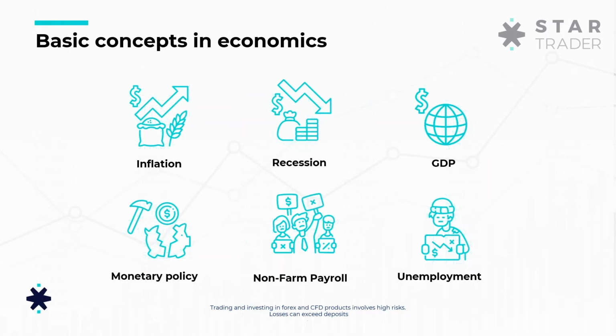Moving next, we have monetary policy, which is directly related to central banks. Any decision that central banks take is reflected in monetary policy. That's why we say monetary policy is related to money and the flow of money in that country. So if the central bank increases interest rate, it means the central bank is tightening monetary policy. Reducing interest rate means loosening monetary policy.